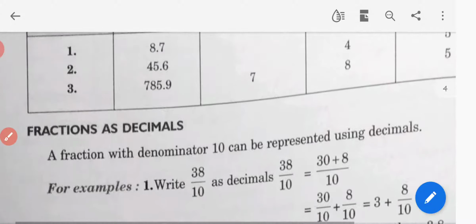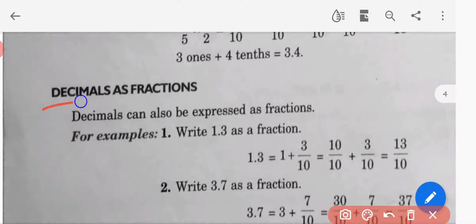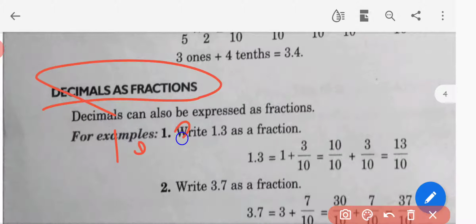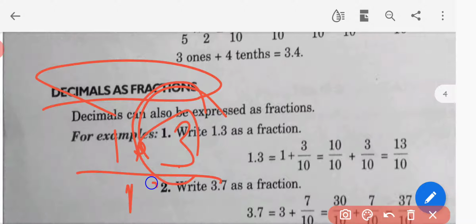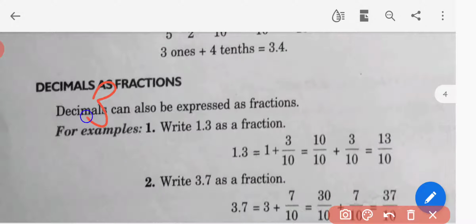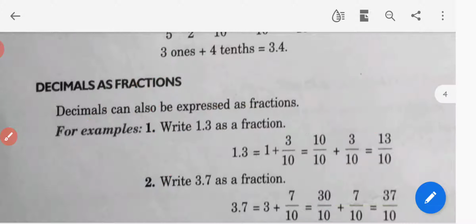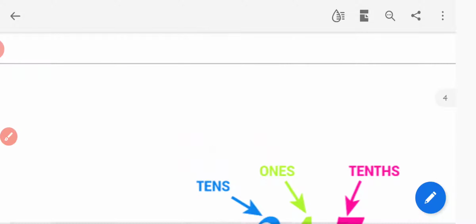So we have seen how to change from fractions to decimal. Then next, how to change from decimal to fraction. Decimal as fraction. Decimal means 1.3 is given. So remove the decimal point. You only have to count how many numbers are given after the decimal, one number. So how many zeros will come, one 0. So you can write 13/10. Nothing else you have to see. For example, 3.7 is given. After the decimal how many numbers are given, only one number, so how many zeros will come in the denominator, only one 0. So we can write it as 37/10. So in this way we can change from decimal to fractions.